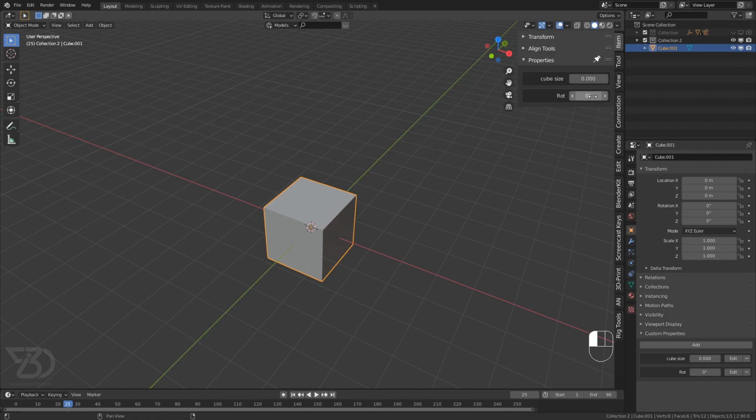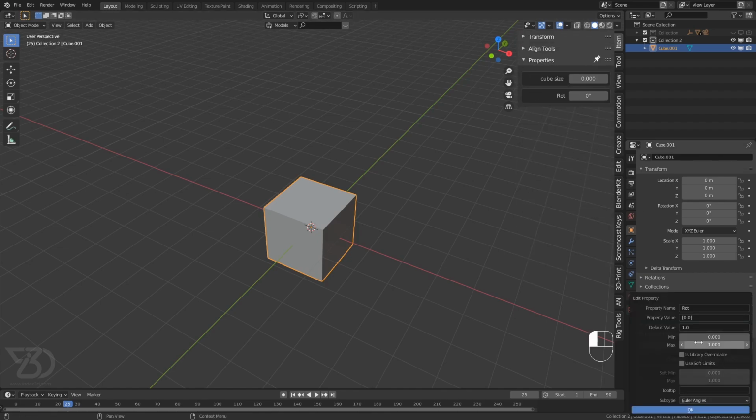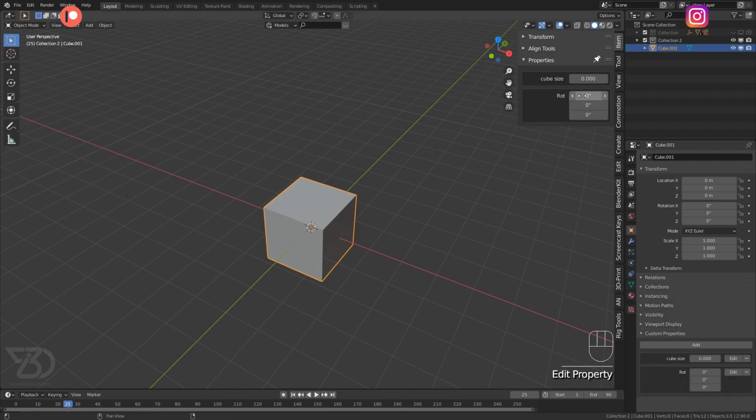Okay, and if we need multiple values like we have in the rotation 3 values, then we can add more over here. So 0.0 and then insert a comma and then 0.0 or whatever you can type here, and then insert a comma. So now we have 2 values, we need 3, so 0.0 and then another comma, or leave it. We do not have to type a comma at the end. So now we have 3 values.